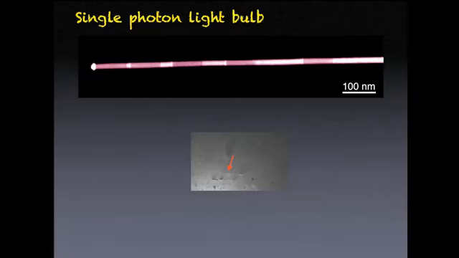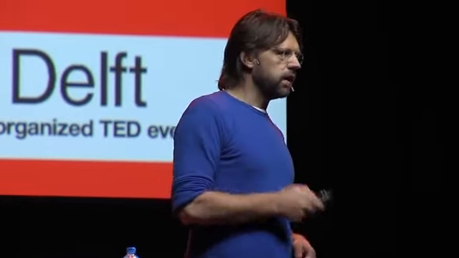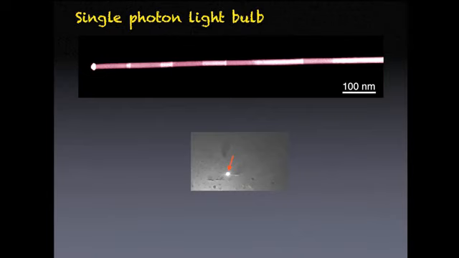Now, at the red arrow that you see, we excite the system with some laser light, and we actually look at what comes out of the wire. And if we do that, you actually see a little bit of light coming out of it, that bright spot. Now, what is special about this bright spot is that if you analyze it with a good detector, it comes out as a stream of individual light particles, one by one. It's no longer a stream of light, it's really granular. One comes out, the next comes out, etc. And these are our photons that we use in these color experiments to teleport. Let me give you another example.